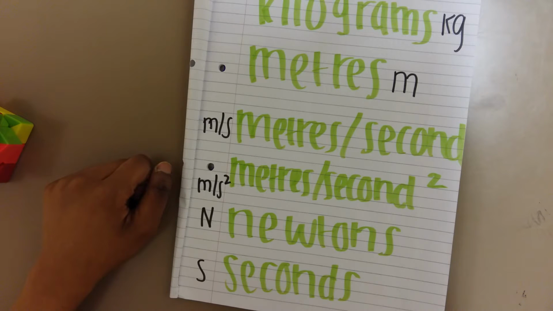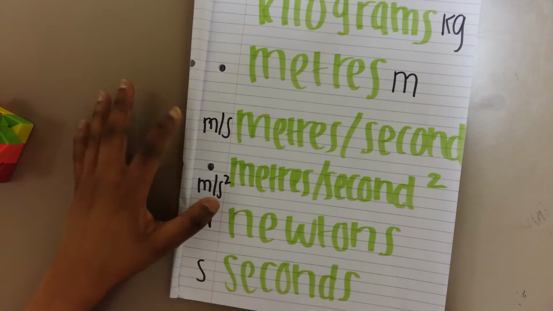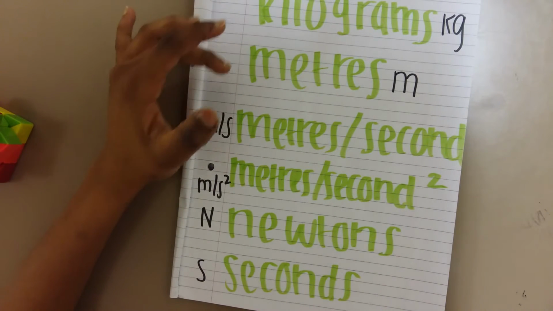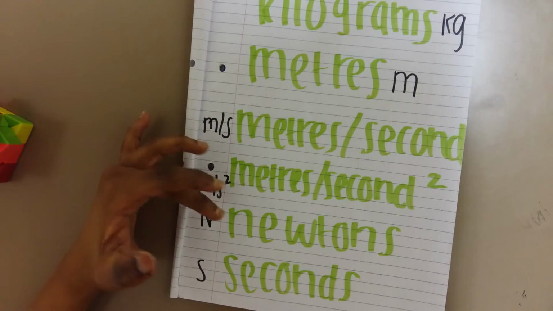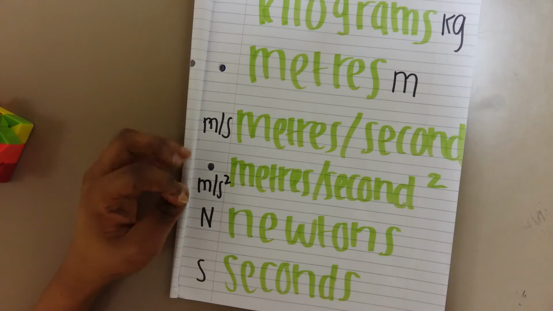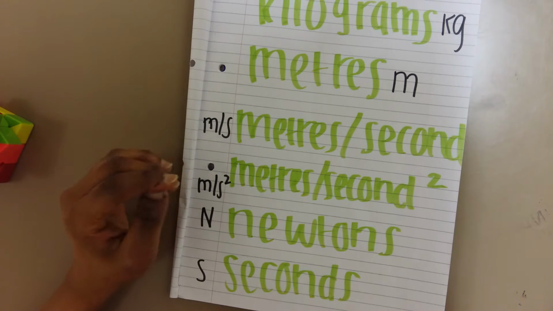This is part 1 of the first section of the Edexcel IGCSE Physics Syllabus called Forces and Motion. From this section and for all physics in general, we need to know a few basic units. For example, we need to know kilograms, meters, meters per second squared, newtons, and seconds. And we also need to know newtons per kilogram and kilogram meters per second, but that will come later on,